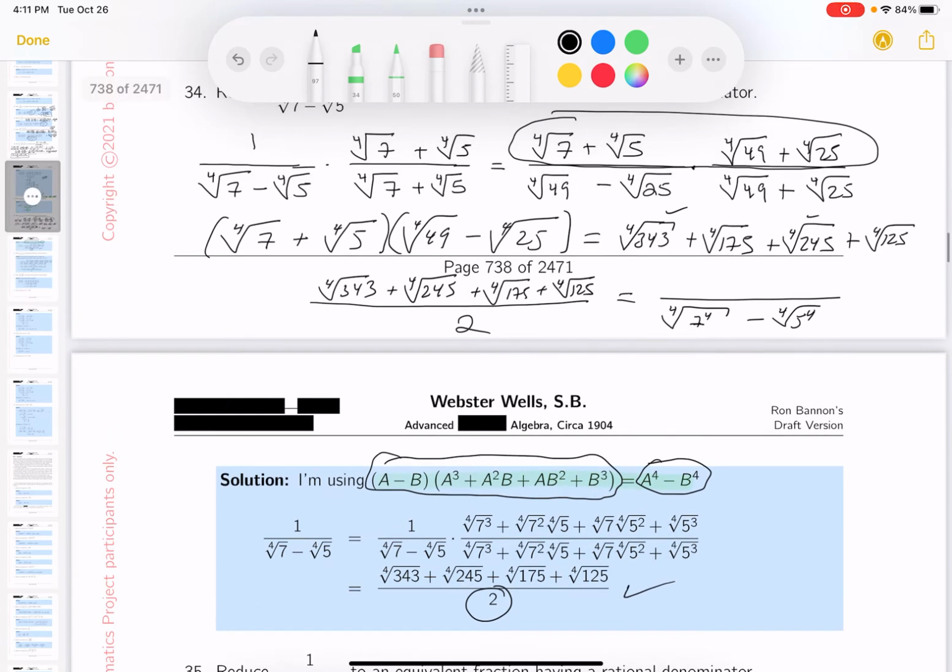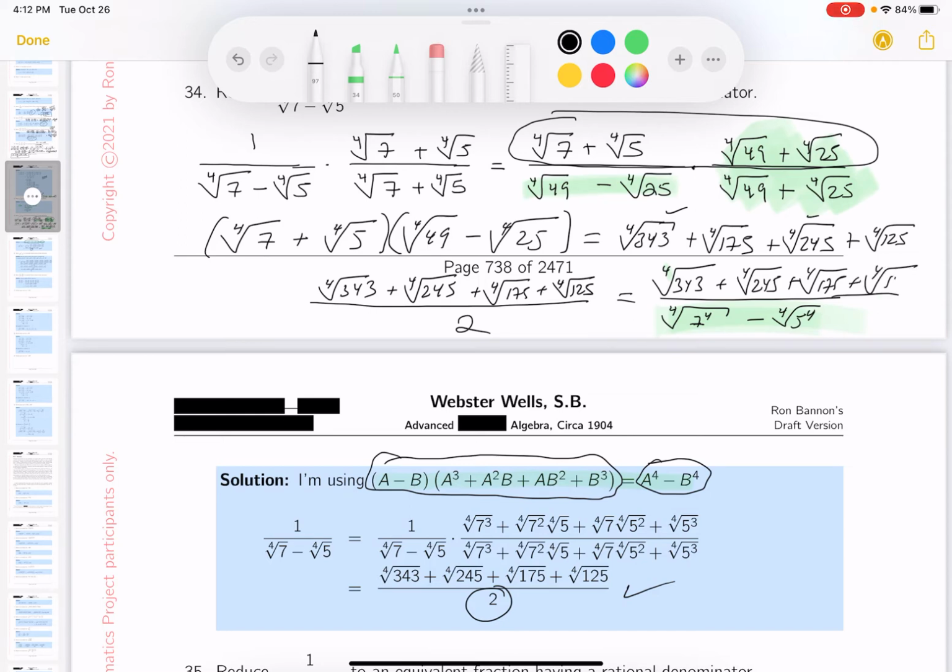And I'm glad I had work, by the way, because if I didn't, I wouldn't have noticed that error. I just wouldn't have noticed it. And certainly I should have noticed it because I didn't write the conjugate down. But I did the right multiplication, all right? And I really did the right multiplication. Let me, I guess I should put this over here too. So 4th root, sorry about that. Just to make it complete, 343 plus the 4th root, 245, plus the 4th root of 175, plus the 4th